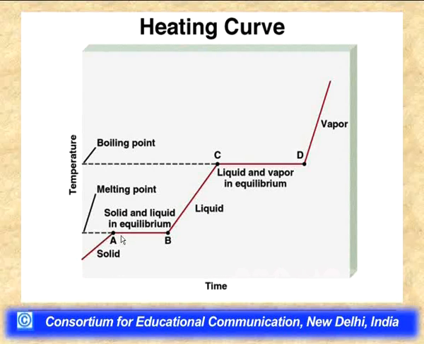And therefore it is important to understand that whatever heat is given to the system is not used to raise the temperature of the system. Basically it is used to bring about the phase transformation of the system. So the heat is being taken up by the system, but is not used to raise the internal energy by virtue of molecular motion; that heat is used to bring about phase transformation, that is from solid phase to liquid phase.